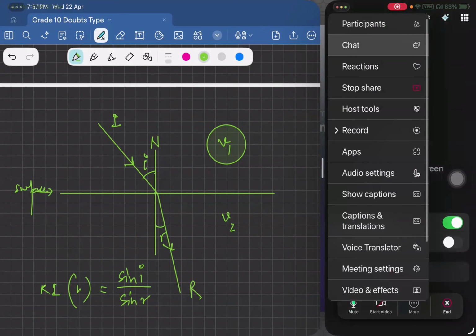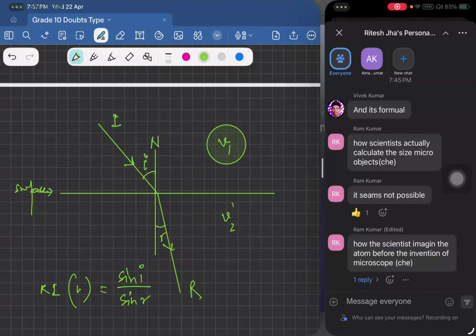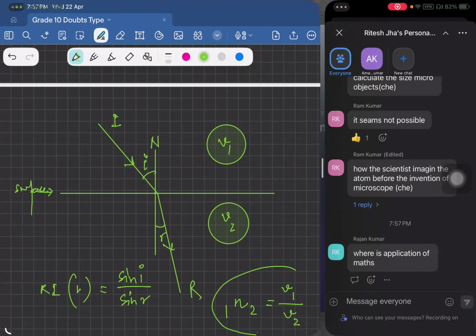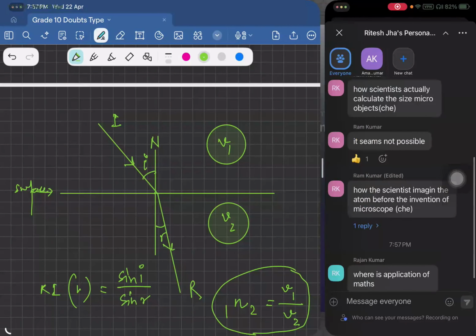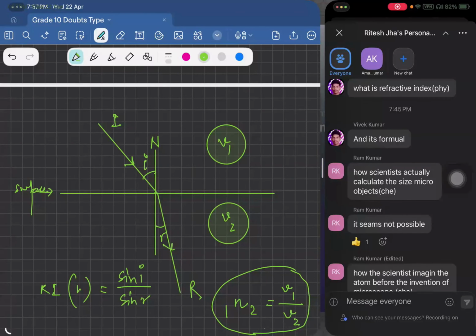So you have V1 and V2. V1 is the speed in medium 1 and V2 is the speed in medium 2. So there is V1 over V2. When you are determining the refractive index of the second medium with respect to the first medium, you write the velocity of light in the first medium over the velocity of light in the second medium. So this is also a formula. This also belongs to the first level of intelligence, where you should have learned the terminologies first. Anyways, I hope you understood this, right?